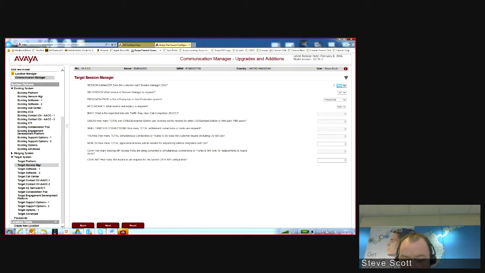There is a question about CS1K at the bottom. CS1K, Session Manager 7, how many instances are required? Now, call center, you might deem this to be duplex on the system, so therefore it should be duplex in terms of its SIP control. In this case, I'm just going to put 1 in. Target software, 1. CM7 designs require System Manager, so I will need to go and specify System Manager for this,